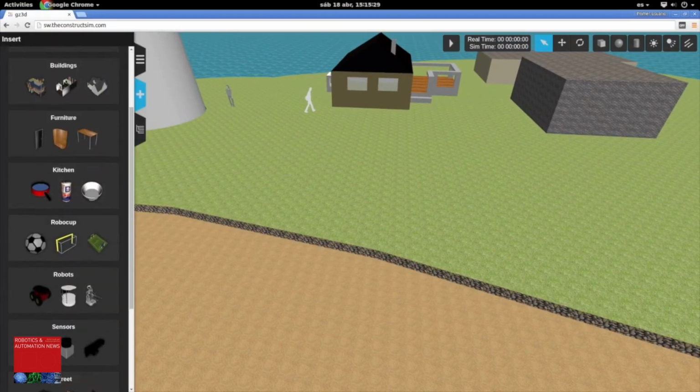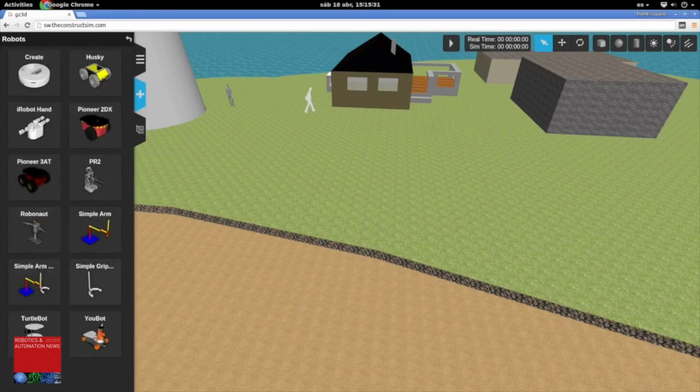But describe, if you don't mind, for a person like me, what TheConstructSim is and what it does, and what kind of opportunities it provides and how people are using it, what kind of people are using it, maybe just an overview of the ConstructSim. Sure. Basically, the ConstructSim is the name of our company. Inside this company, we have developed a product that is called the ROS Development Studio.